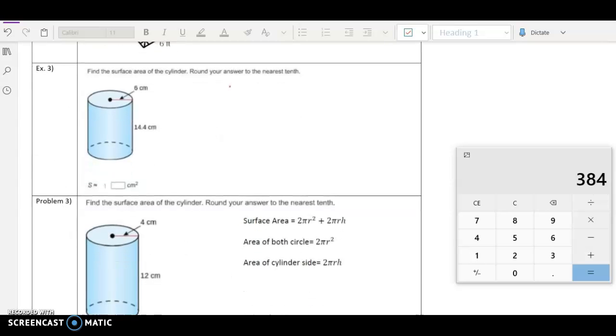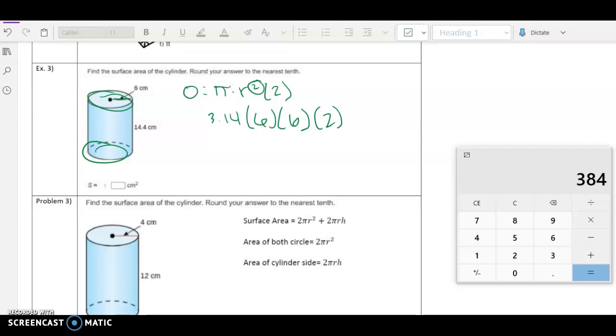Alright, so this one, we still have to find the area of the top and bottom, but we also have to find the area of the side. We need to find the area of the circle, and we know the area of a circle is pi times r squared. But since there's a top circle and a bottom circle, we're going to multiply by 2. So we have 3.14 times our radius, which is 6. Since we have an exponent of 2, that means we do it twice, and then times 2. And we get